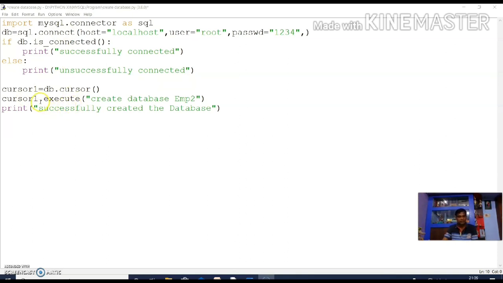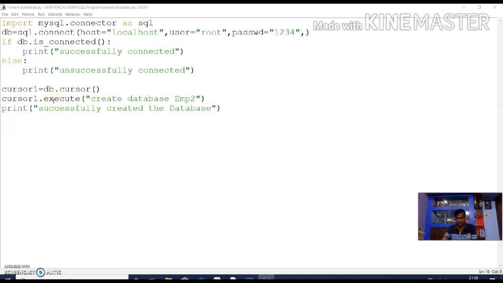I am writing cursor1.execute. Whatever the query, suppose I am creating a database, I write create database emp2. It is creating a database. Database emp2 is my own database. Inside the database, you can create any number of tables.